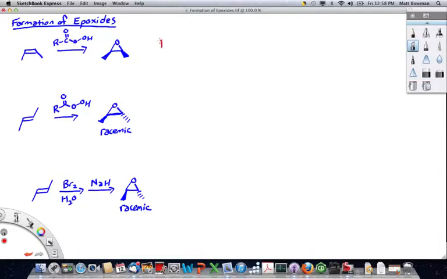A per acid has a basic structure like so. It's very similar to a carboxylic acid, except you have an oxygen-oxygen bond in there. And the most common per acid that's used is one that's referred to as MCPBA, or